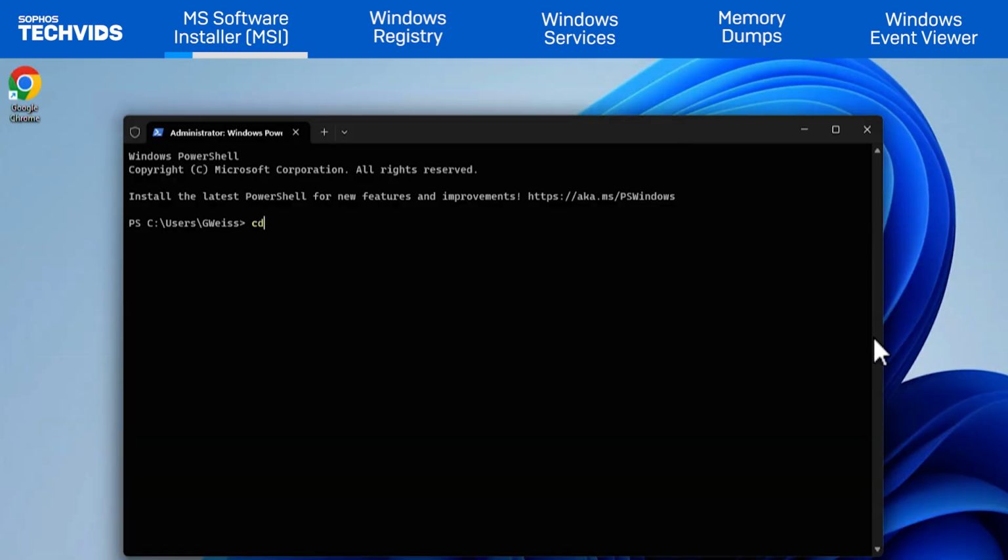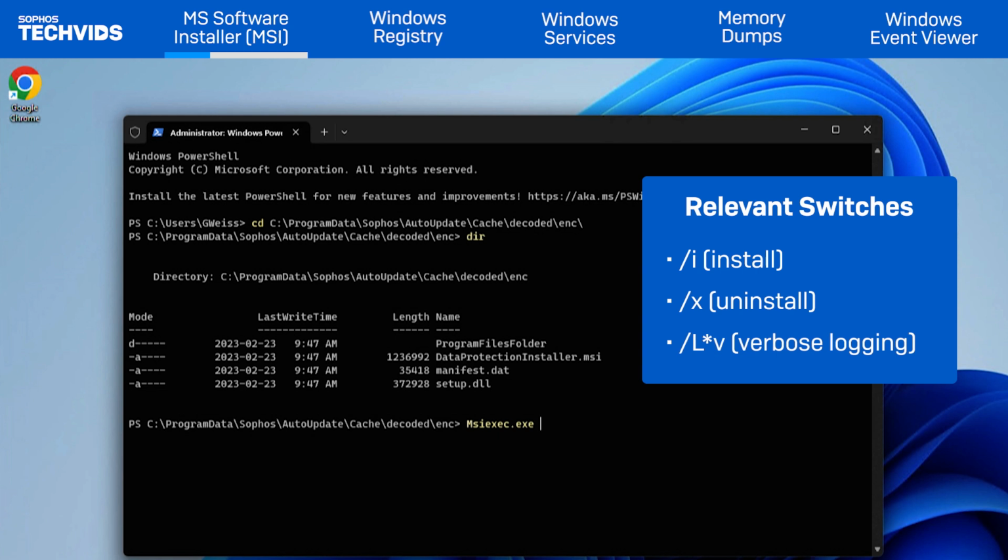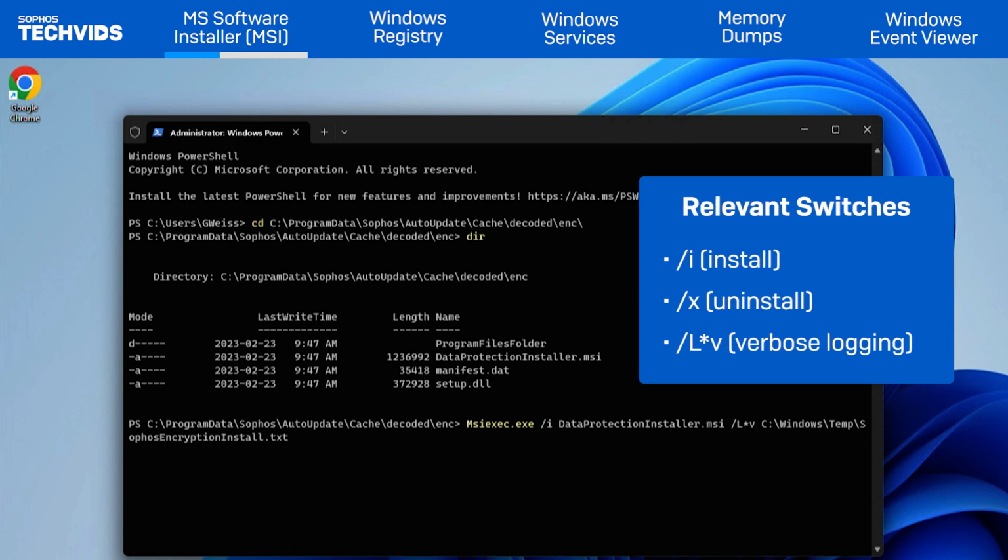Generally, there will be a UI present when running installer packages, which will allow you to specify different installation parameters and preferences. When this is done, the underlying executable that runs to interact with the MSI package is the msiexec process. This can also be run from the command line with a few different options: msiexec.exe /i for installation, /x for uninstall, or /l*v for verbose logging. Other switches are available, but these are the ones relevant for the purposes of this video.